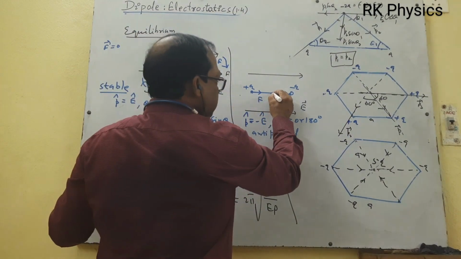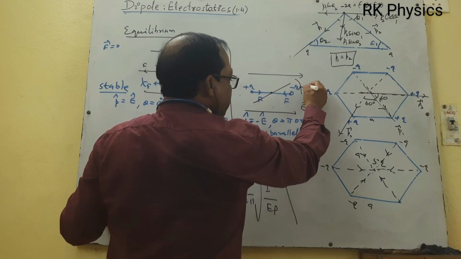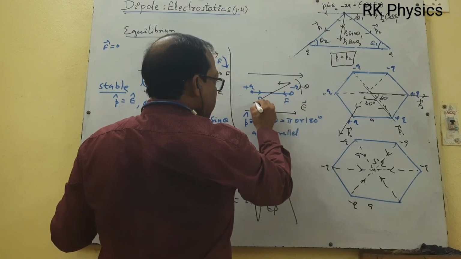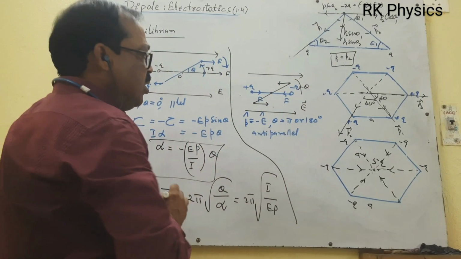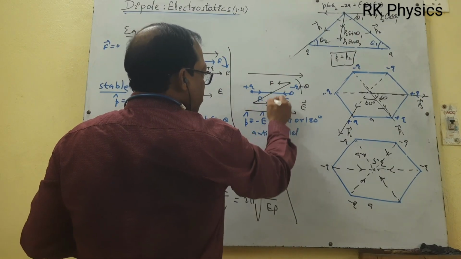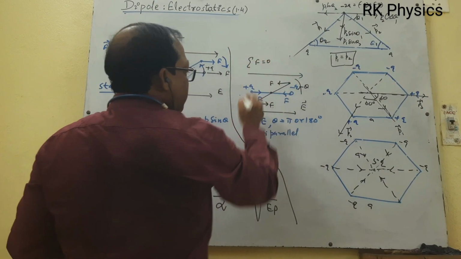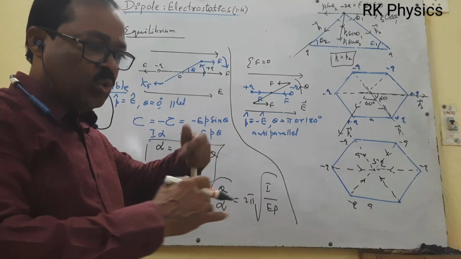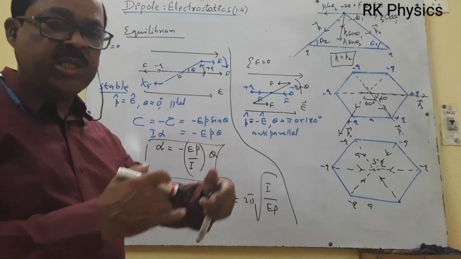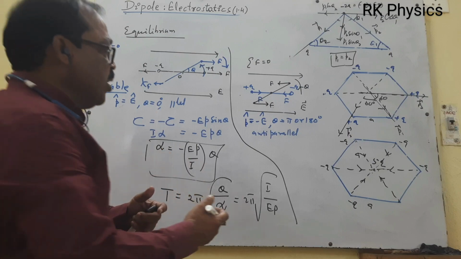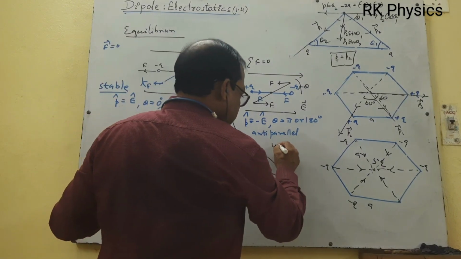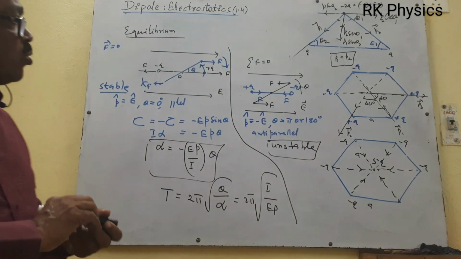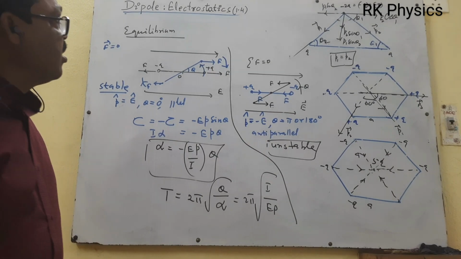If you rotate this dipole by some angle theta in any direction, then a force acts along this direction and this force acts along this direction. These two forces show that though the magnitude is the same and the resultant force is the same, the torque is not zero, and the torque has no tendency to bring the dipole back to its initial position. If it has no tendency to recover the initial position, then it is called unstable equilibrium. Okay. Now this is all about the equilibrium characteristics and presentation of a dipole.